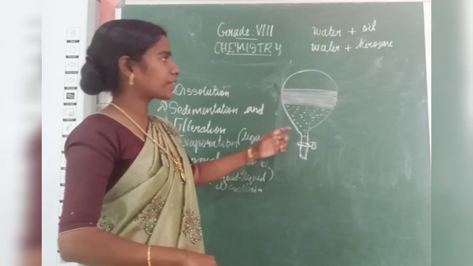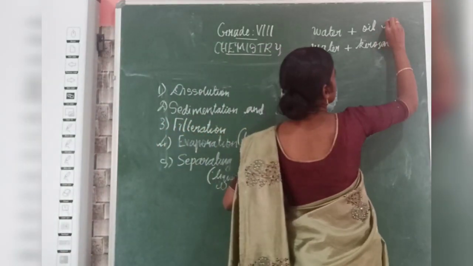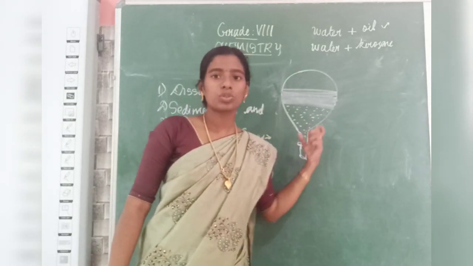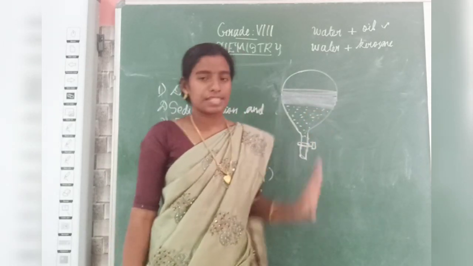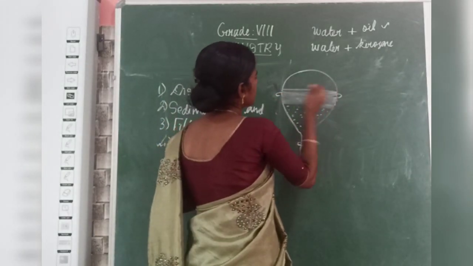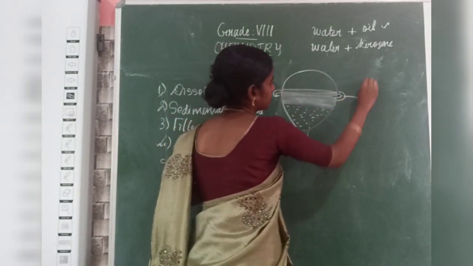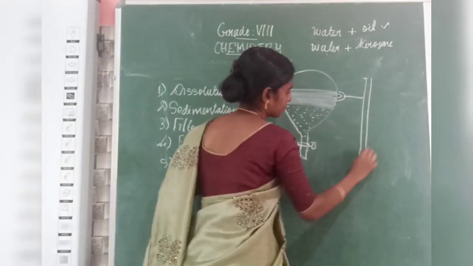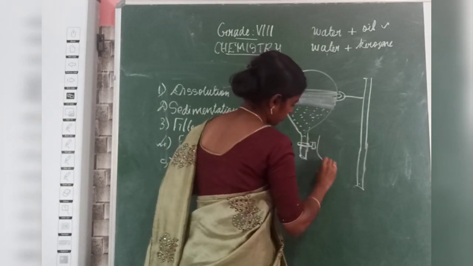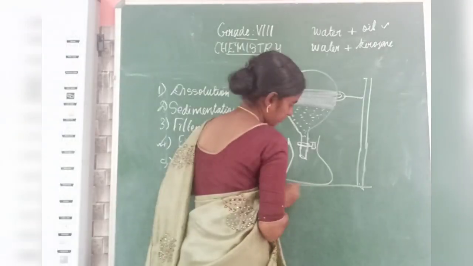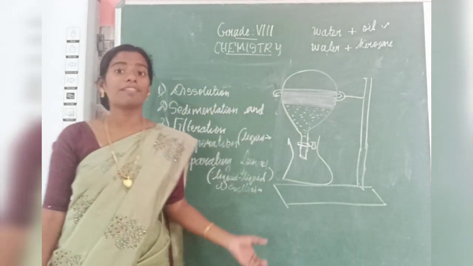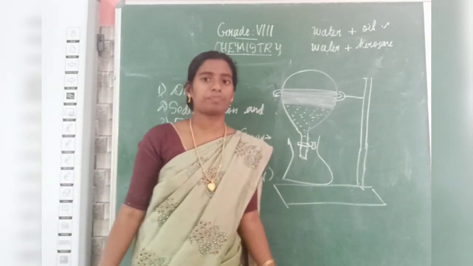So, when you take this emulsion in that separating funnel, consider this is water and this is oil. We are taking the first mixture. This is water and this is oil. They have not mixed. They are still separate. Now what you should do is, you can fix it in the stand, if required. This is a rough setup I have drawn. In your book you have a clear picture. You can go through that.